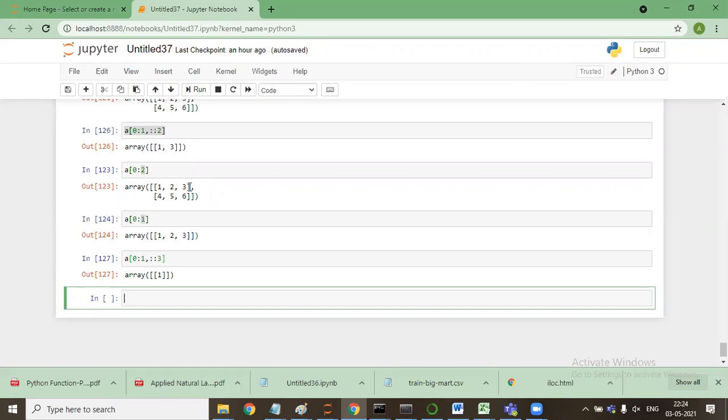So you will find this in your LMS portal tomorrow, and we will be covering NumPy in more detail. NumPy is important because whenever we work on deep learning and AI, NumPy plays a very important role. In deep learning we work on image data. Whenever an image is converted into a machine readable format, it is converted into a NumPy array only. So from that perspective as well, NumPy is very important.